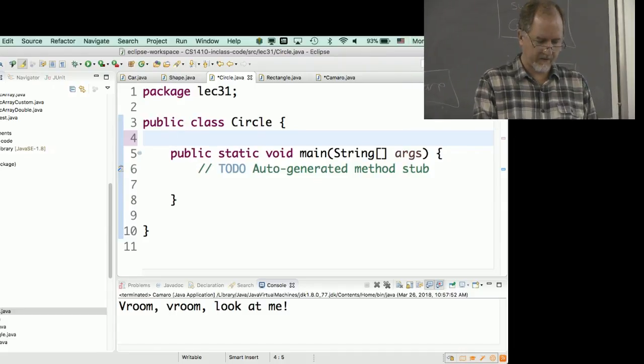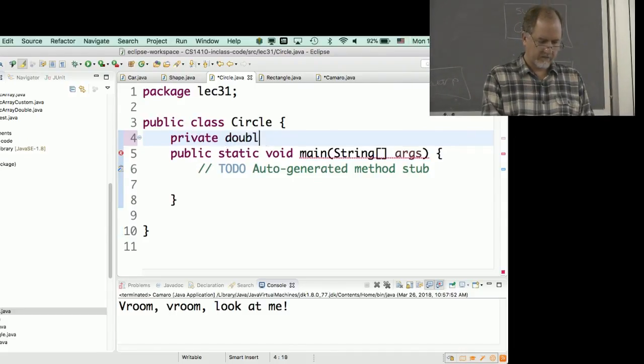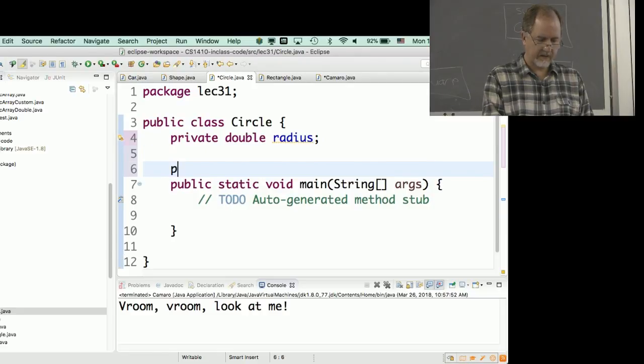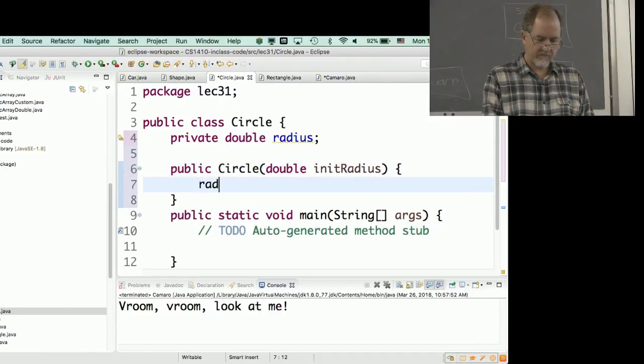So let's do a private double radius, and let's construct our circle. Public Circle, and we're going to pass in an initial radius, and we're going to set that radius instance variable to be the initial radius,